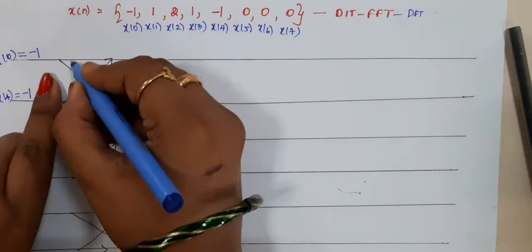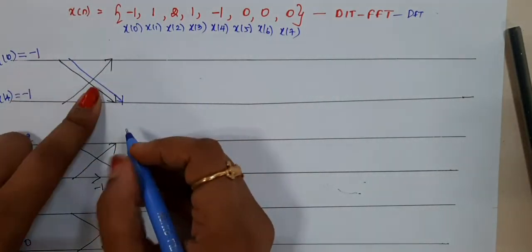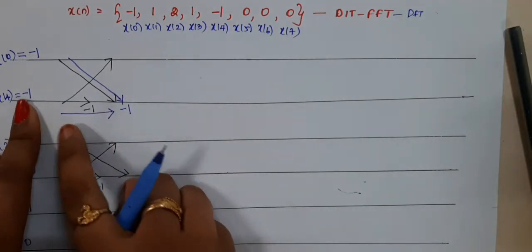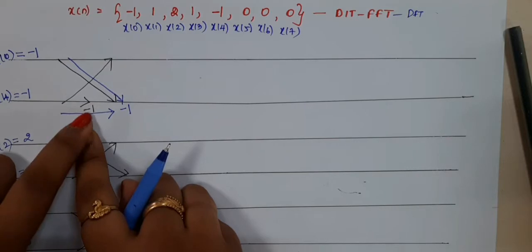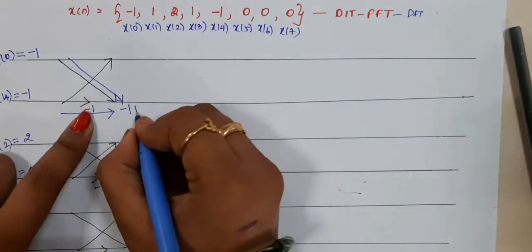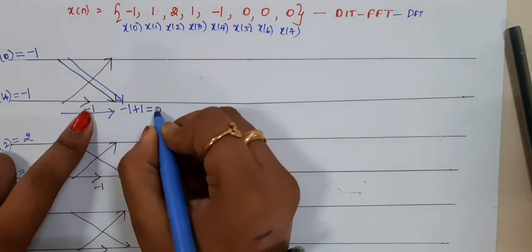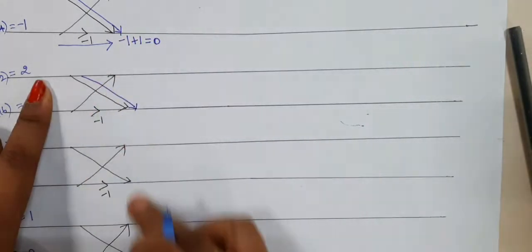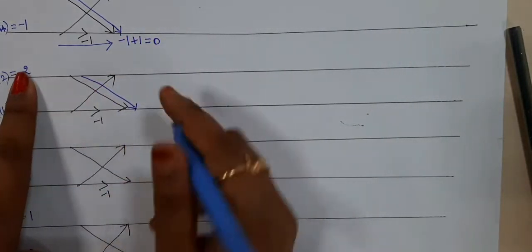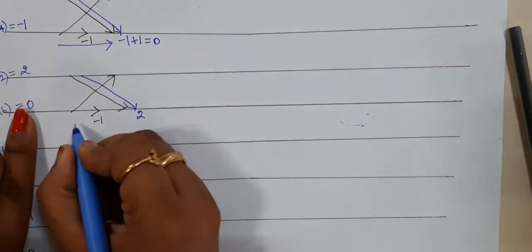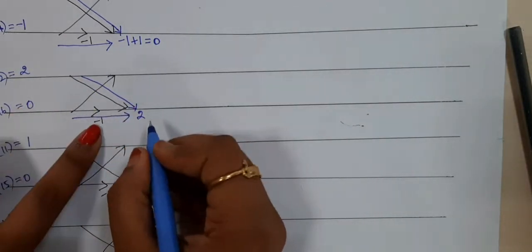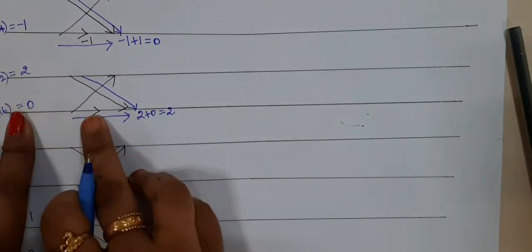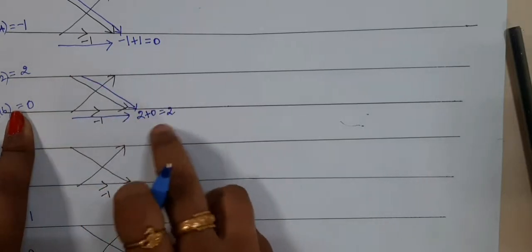Okay, for the down arrow, one value will come from here, that is minus 1, and another value will come from here. So minus 1 plus 1 into 1, this value will be 0. Then we finish the down arrow in all the structures. What is this value? 2. So this value is 2 and one more value comes from here, 0 into anything will be 0, so it equals 2. You have to add the values you are getting here.